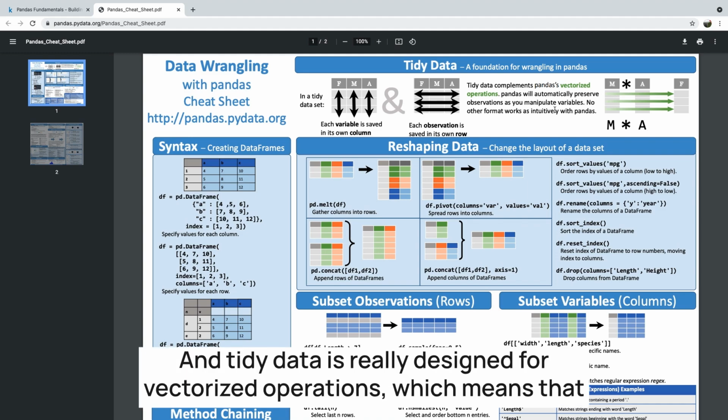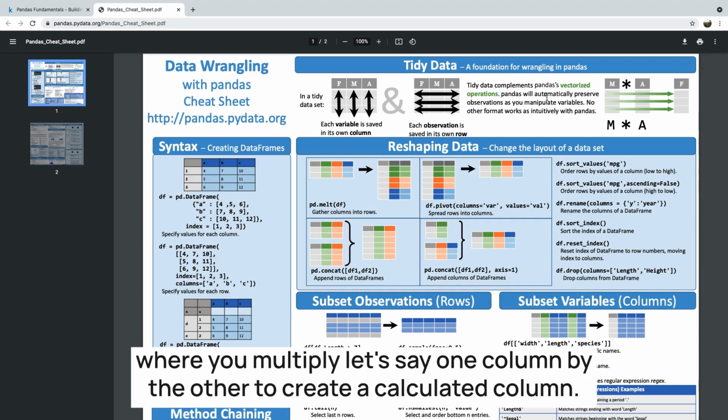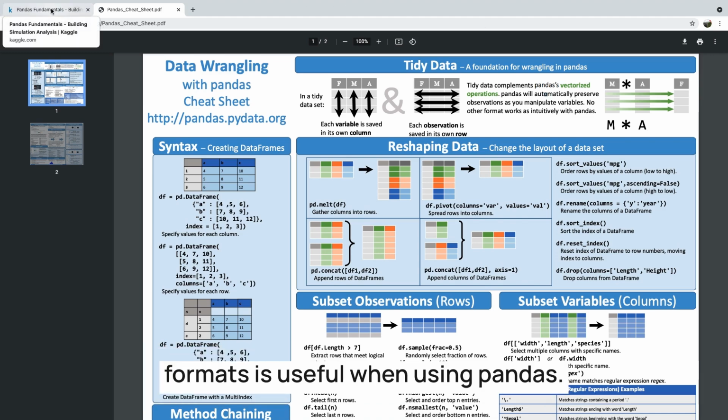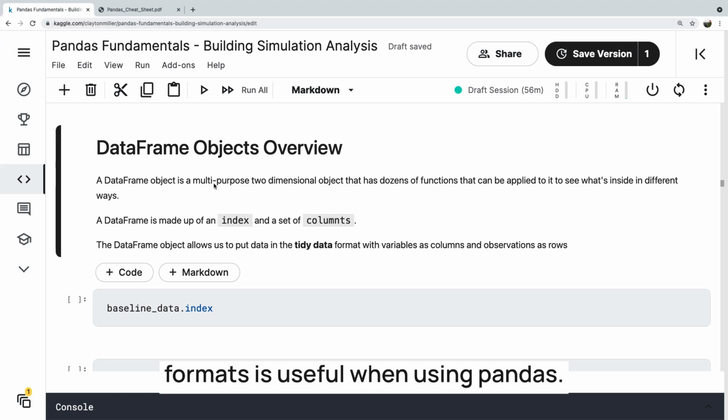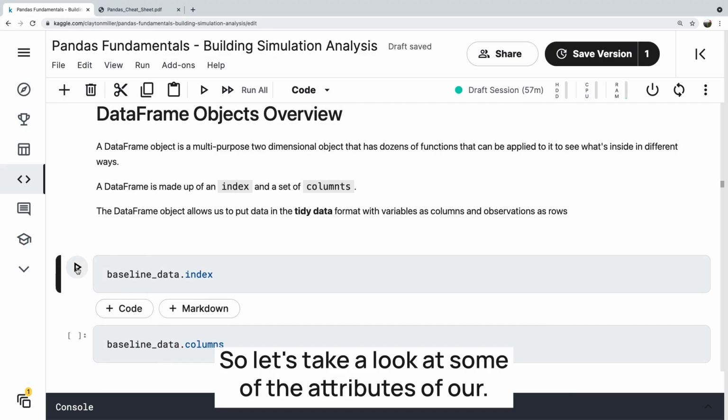And tidy data is really designed for vectorized operations, which means that you basically are able to do the same thing like you do in spreadsheets, where you multiply, let's say, one column by the other to create a calculated column. So keeping it in this type of format as opposed to having data in other formats is useful when using Pandas. So let's take a look at some of the attributes of our